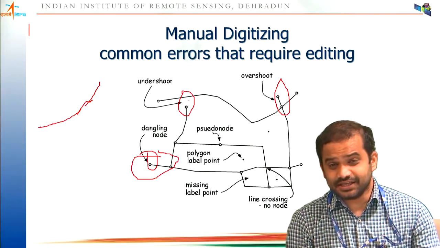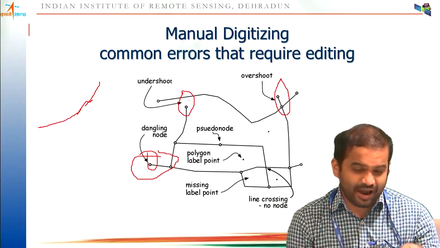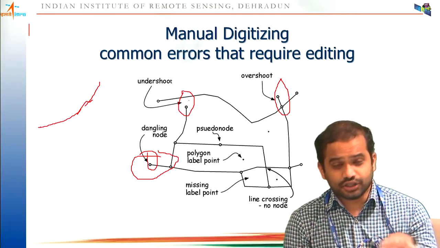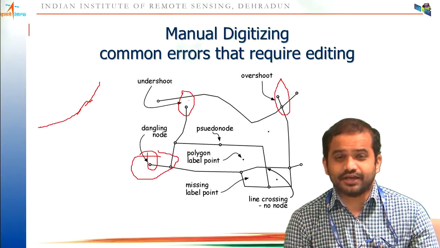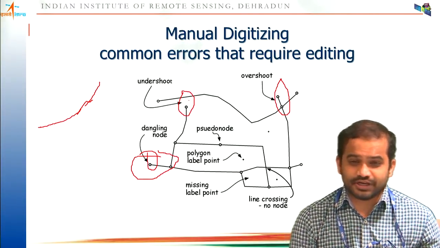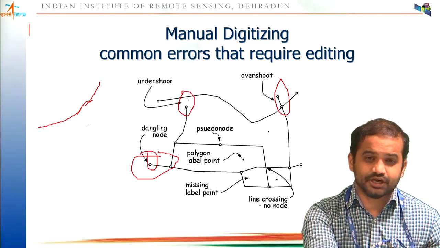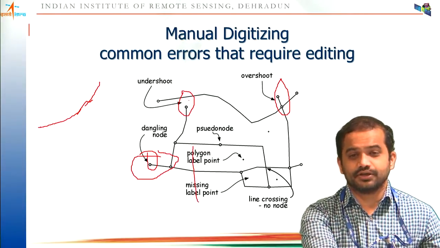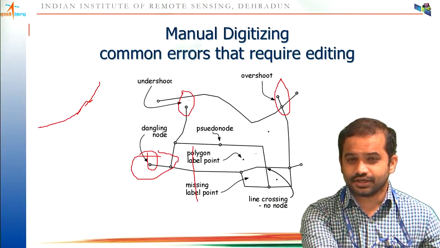As we understand, GIS consists of both spatial and non-spatial data. So while digitizing, another responsibility is, once you draw the geometry, you need to provide its non-spatial data like a label. What will be the name of the polygon, what will be the name of the points, these kinds of things, non-spatial data you also need to enter. Sometimes you may miss it. That also gives an error, because you missed entering it.